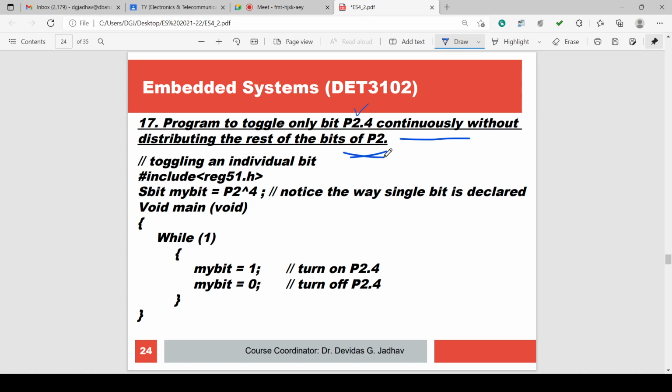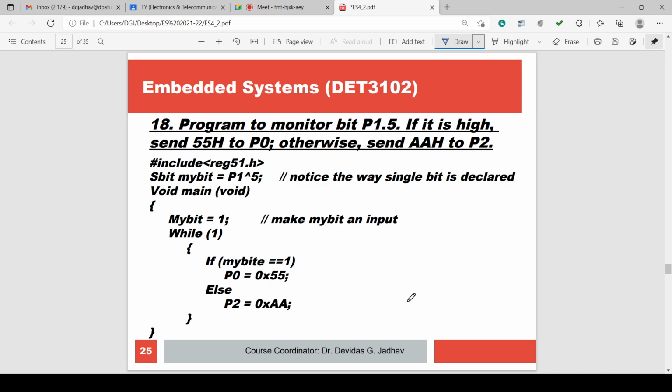Out of port 2, the fourth bit is used, so we have to go for sbit. We have to define my bit variable, and we have to assign P2^4, that means port 2 fourth pin. Then with my bit variable you can use myBit equal to 1, myBit equal to 0, turn on P2.4, turn off P2.4, and so on. This we have discussed.